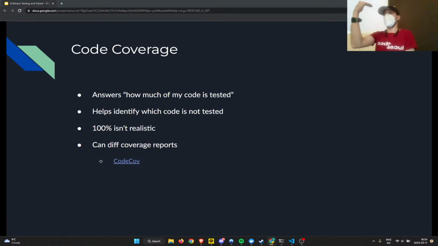One is just by lines of code. How many lines have functional code in them, and what percentage of those lines are executed when a test is run, and which functions have a test checking them. Functions is usually useful to figure out how much of your application is tested, obviously, but that's more like the logical application layer.